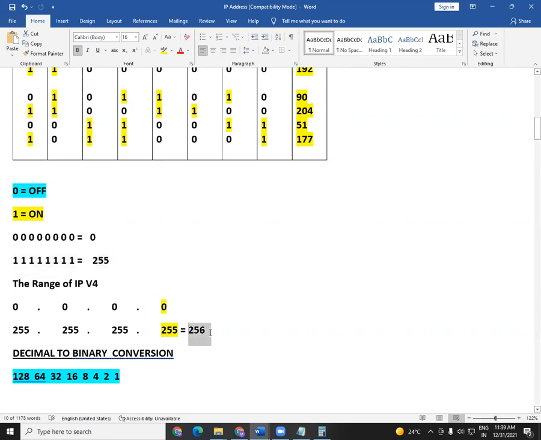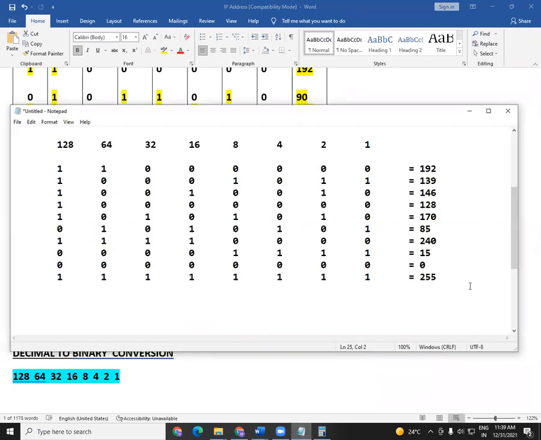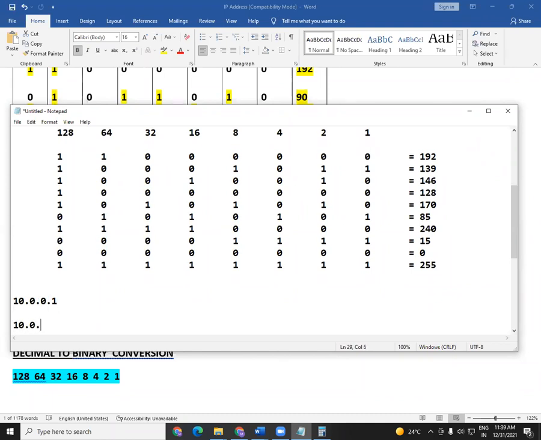See, I have written 256 here. The number 256 we cannot use. But 256 is the total number of IP addresses we have, that is from 0 till 255. 0 is counted as a number. 0 is a valid number. If I enter an IP address like 10.0.0.1, 0 is a valid number here. 0 is a correct number. Or I can say 10.0.255.0. That means I can use a number between 0 and 255 only. So total it will be 256.